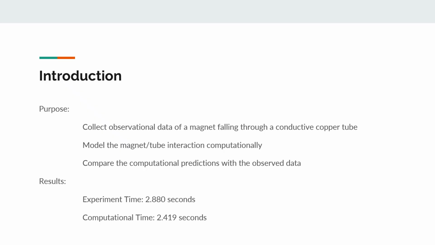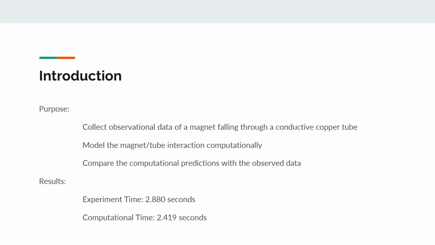The purpose of this experiment is to collect observational data of a magnet falling through a conductive copper tube before modeling the interaction computationally and comparing the computational predictions with the observed data, along with the results of the experiment